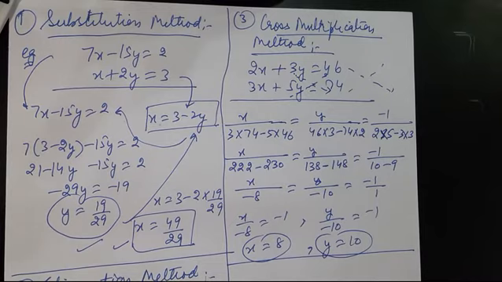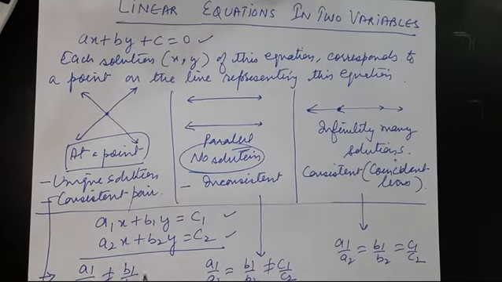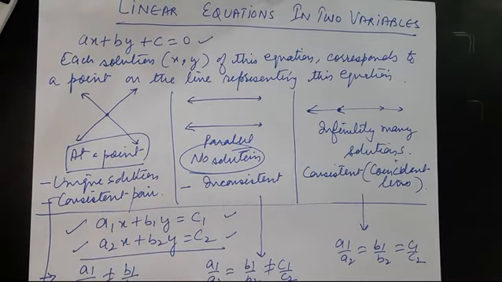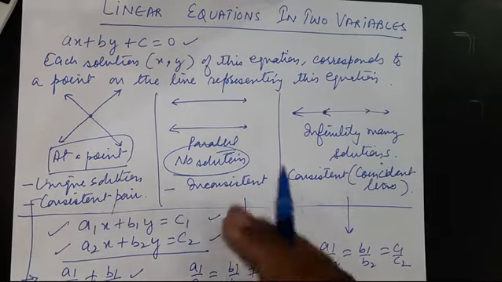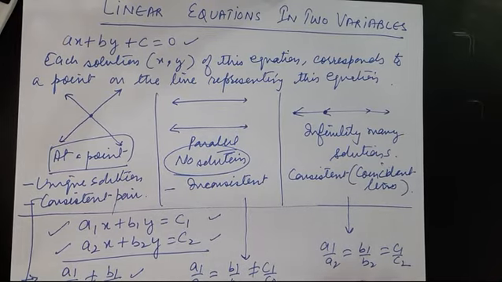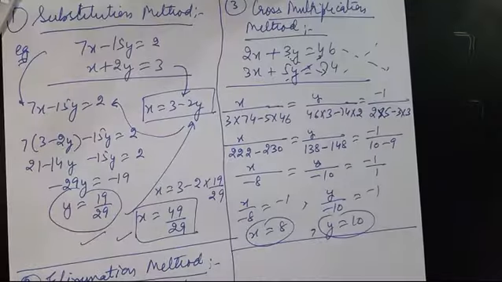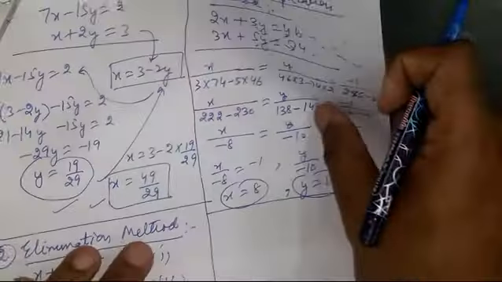x and y here. Now coming to the initial concept, as I have taught you earlier: for no solution, if two equations are like this, a1 upon a2 is equal to b1 upon b2 but not equal to c1 upon c2, and for a unique solution, a1 upon a2 is not equal to b1 upon b2. This is the first. Then for no solution this formula is used, and for infinitely many solutions this one is used. Now coming again, using this very concept, we can have some more examples like this.